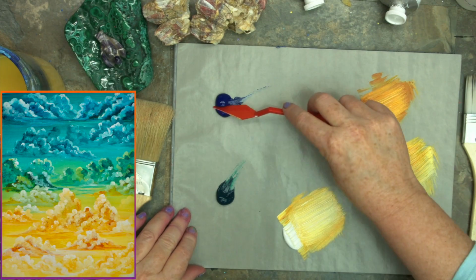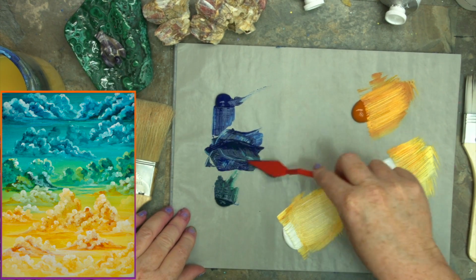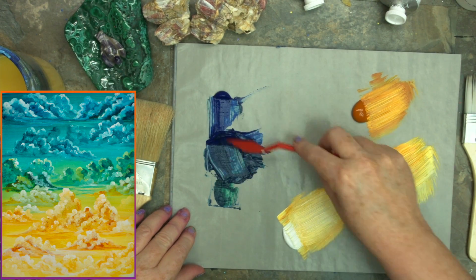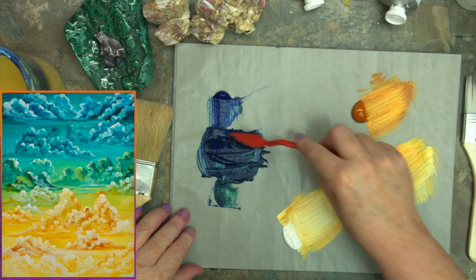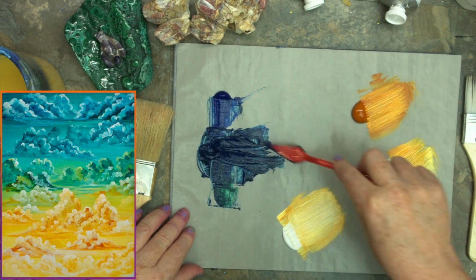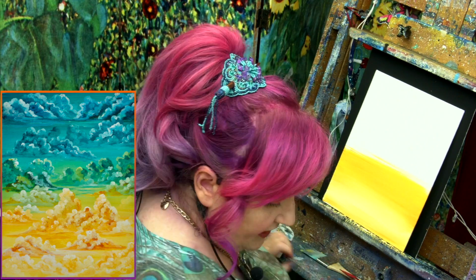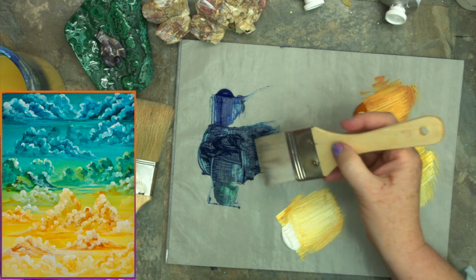So I'm going to basically take my phthalo blue and my phthalo green and mix them together, right? And that's going to make phthalo turquoise. If you have the Australian color Southern Ocean blue, that will work here as well. Or if you have phthalo turquoise in the tube, that will work here as well. Once you get that nicely mixed together to the sort of ocean color you like, I like to wipe off my palette knife and I'm going to come fairly quickly to do the top part,